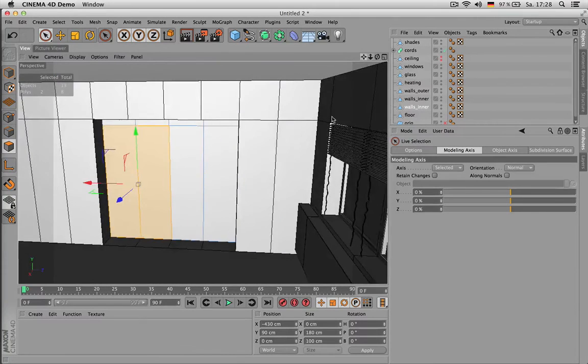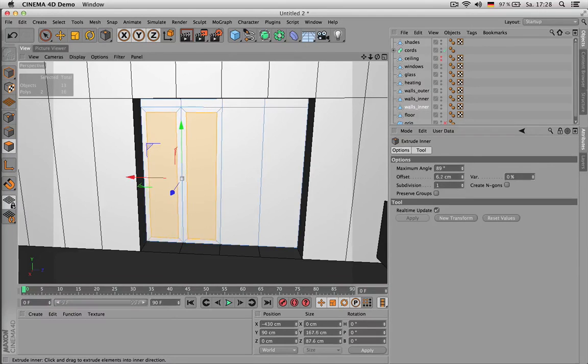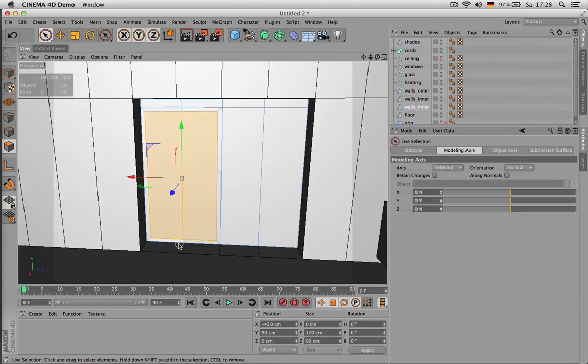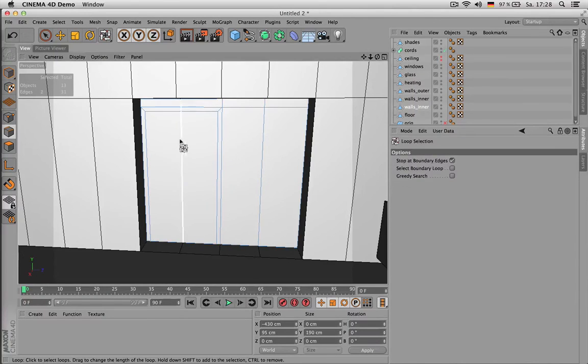And with doors there's something special, because if I want to extrude them first inwards, then I need to create preserved groups again, and the bad thing is that it creates 2 polygons down here, so I would have to remove them and select those 2 edges and set them to 0 in world coordinates. But I don't want to have a door like this, I would like to dissolve